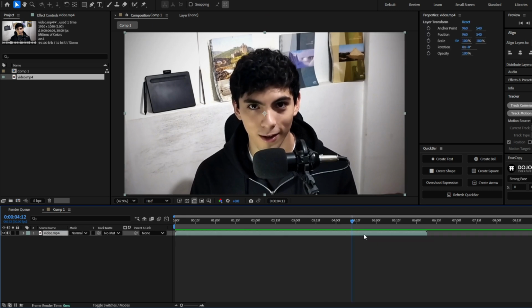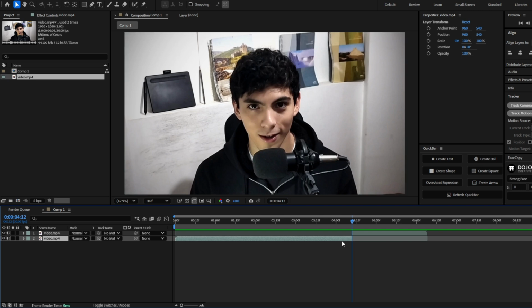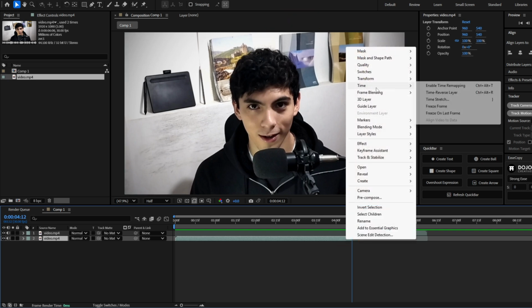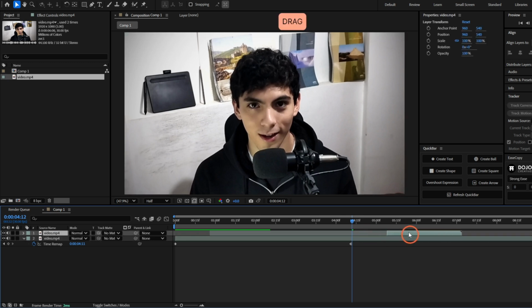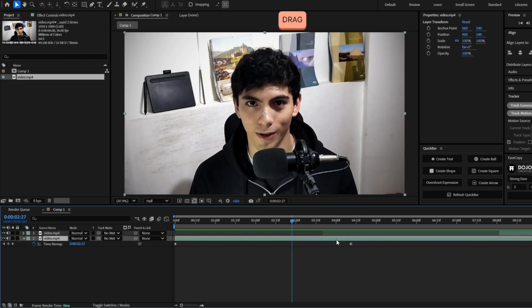We have to select the layer and trim the layer with Ctrl-Shift-D. Now we will have these two parts, and for this part at the bottom we have to right click, go to time, now go to freeze on last frame, and now you will see this will be the same length as the composition. I'm gonna move this layer forward so you can see this layer in a specific second pauses